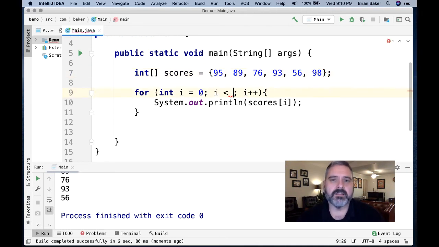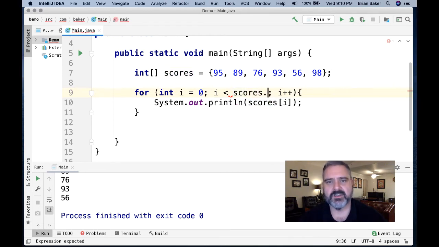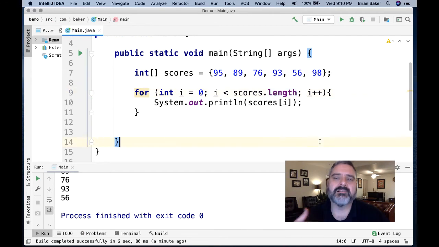Java arrays actually know how large they are, unlike C++, if you've ever taken a class like that. So that means I can access a property of that array in order to get the size of the array. In this case, we're going to call it the length of the array. You can see code complete is actually suggesting that for me. .length. So scores.length will always give you the length of the array,